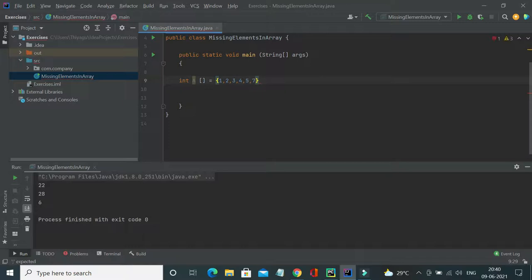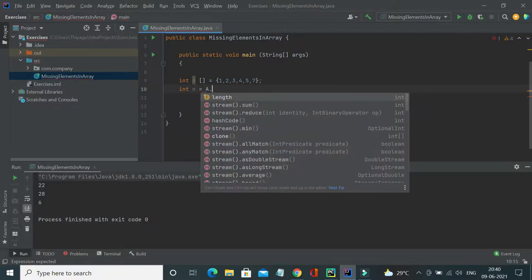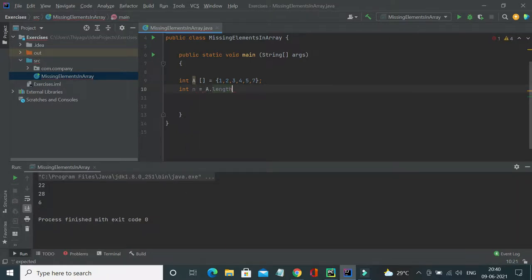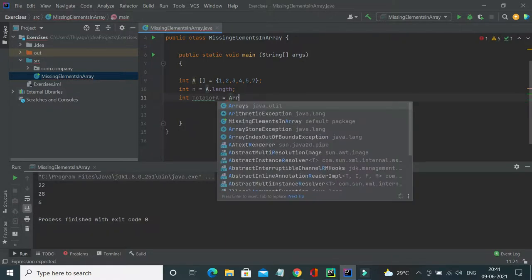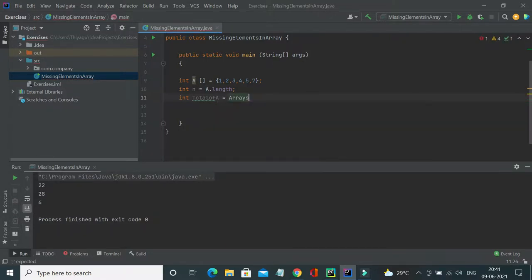I'm just specifying a method and I'm calculating the length as well, n equal to a dot length, and then int total of a equal to a dot